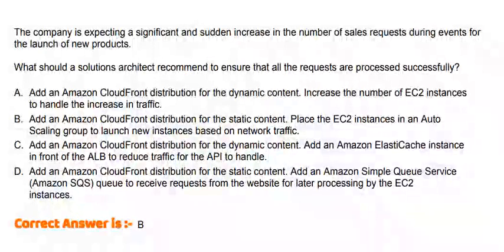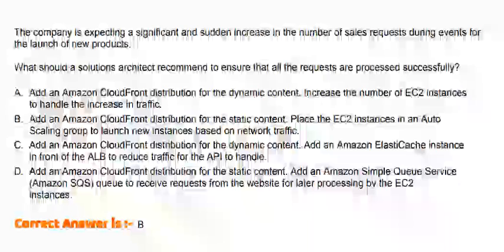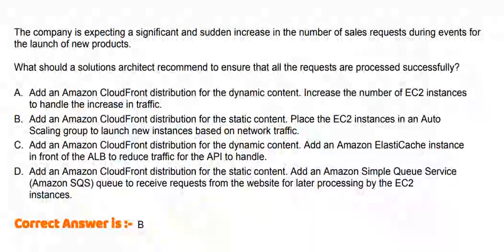And option D. Add an Amazon CloudFront distribution for the static content. Add an Amazon Simple Queue Service queue to receive requests from the website for later processing by the EC2 instances. And the correct answer is option B. Next question is,